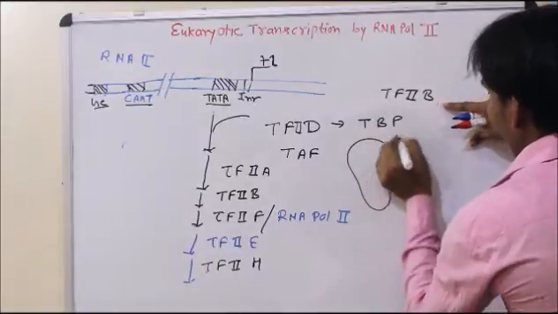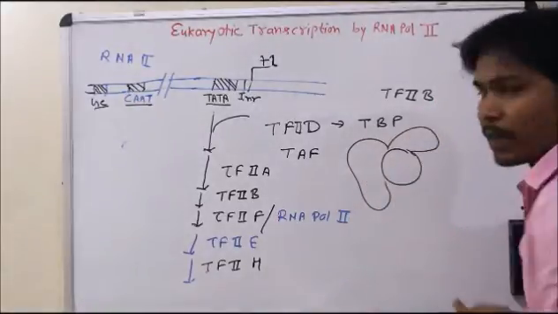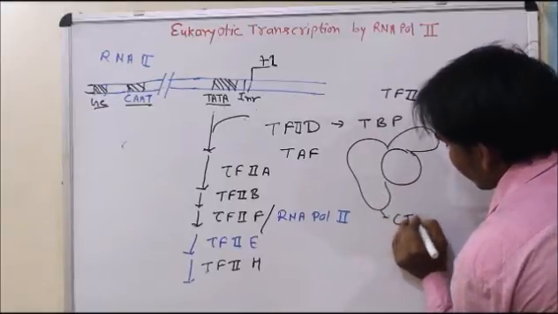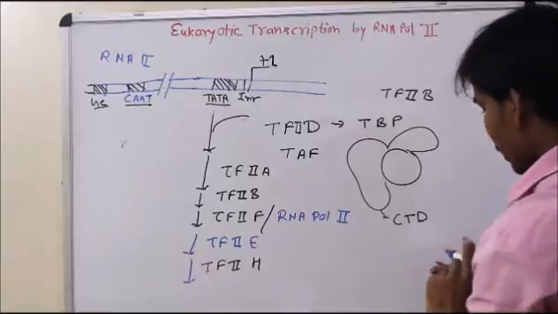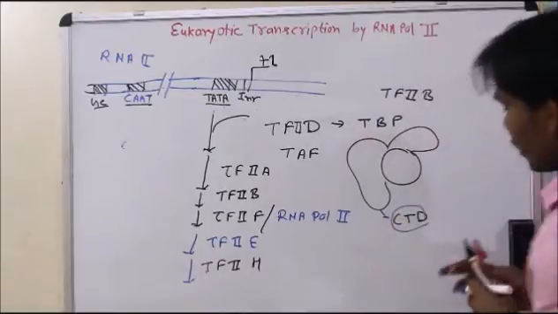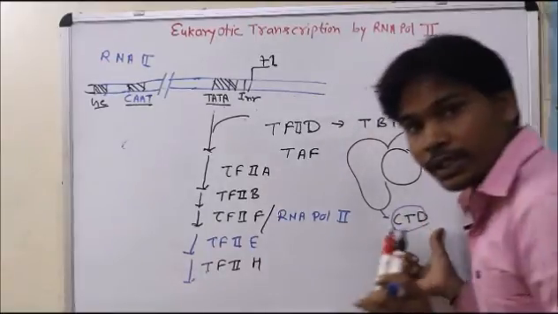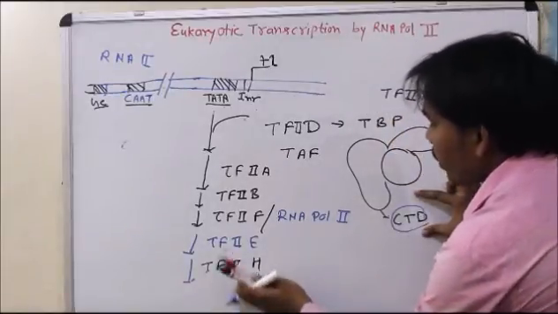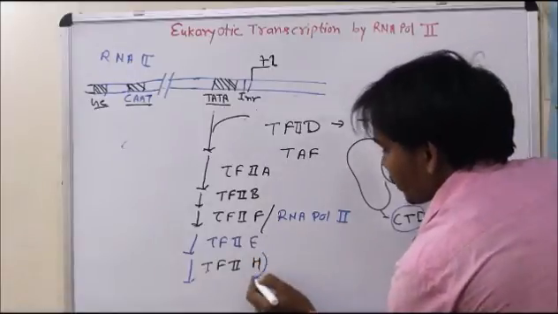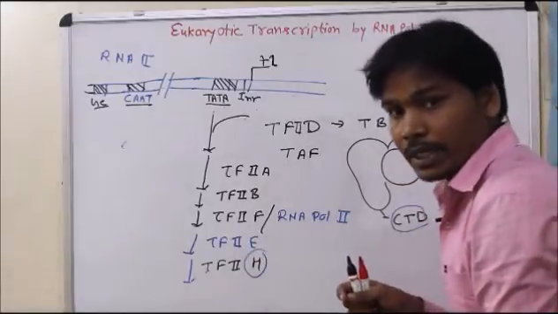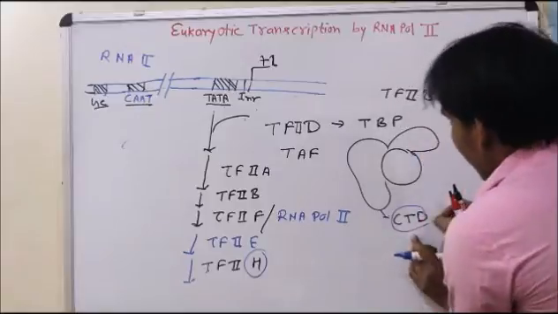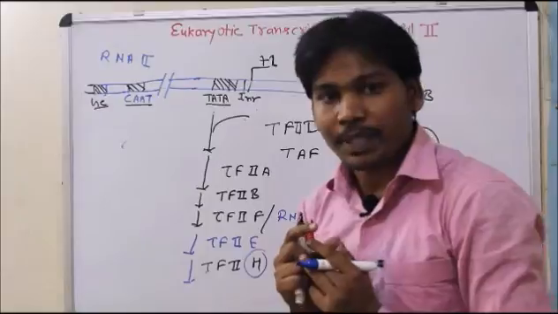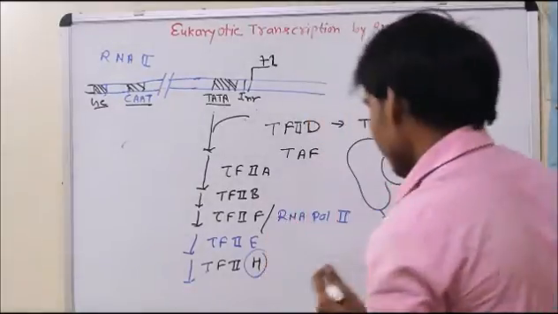RNA polymerase has multiple subunits, and the large subunit contains the carboxy terminal domain. I have described the carboxy terminal domain, where phosphorylation occurs with the help of transcription factor II H. What happens when the phosphorylation occurs? The carboxy terminal domain contains heptad repeated sequences of amino acids, called